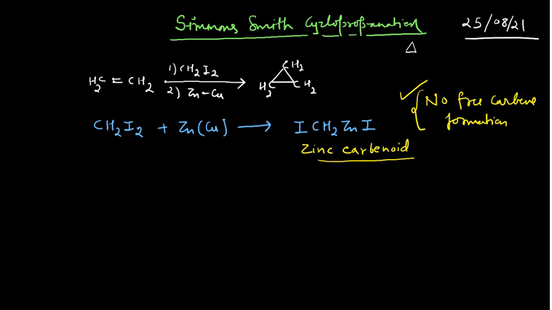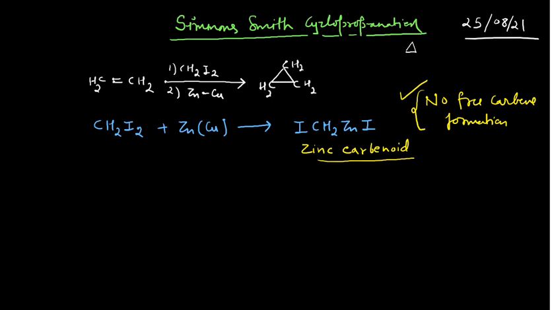But scientists have already done some modifications. Sometimes they do not use this zinc copper couple, they actually use diethyl zinc in that case. So, instead of this zinc copper couple, you may also find diethyl zinc in the reactions. Please remember this particular point. So, how does the mechanism go for this particular reaction?